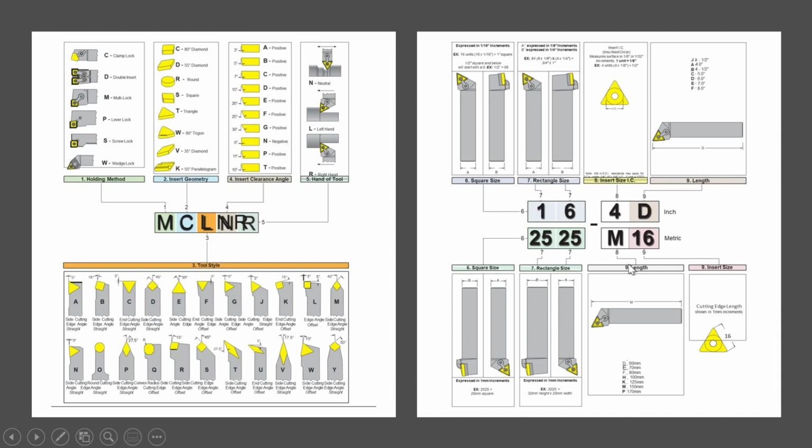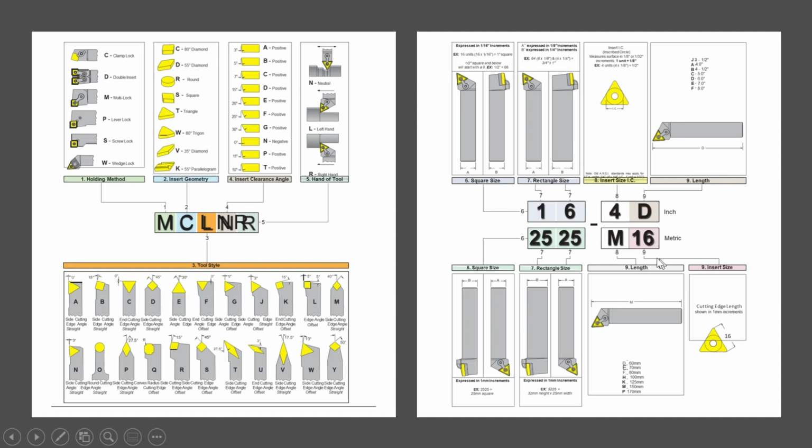Eighth is the insert size, the inscribed circle. So here, the size of the inscribed circle of the insert.